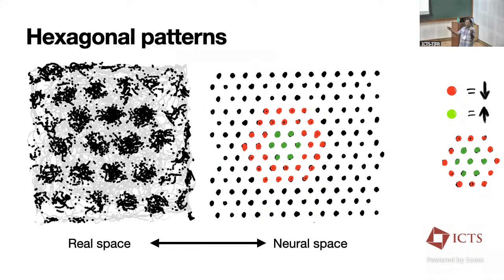And can you actually transform one to the other? It turns out that there's a lot of evidence that this transformation is a reasonable assumption to have. So it does seem like the grid cell network is locally connected, it's topographically organized, and as the animal moves, not only do you see this kind of activity, you also see activity on this sheet moving in a manner that resembles the physical movement of the animal. So there is a transformation between the real and the neural space, and we do have to figure out what the exact kind of transformation it is,